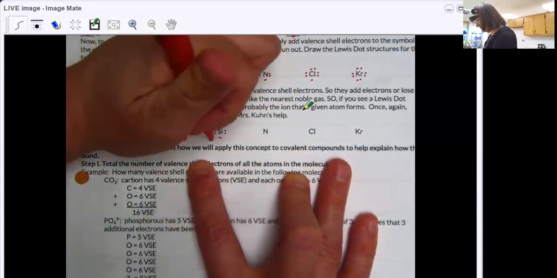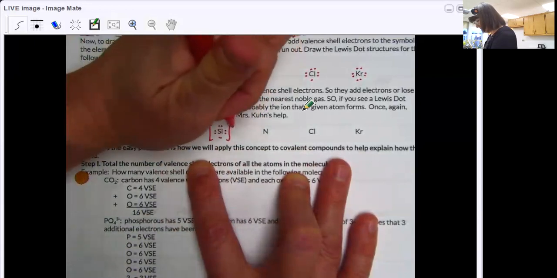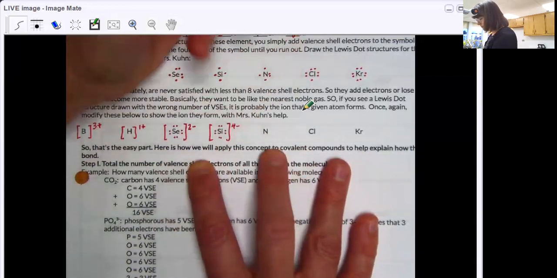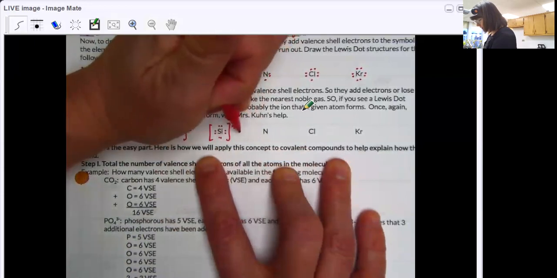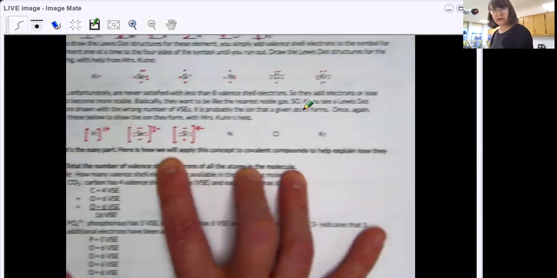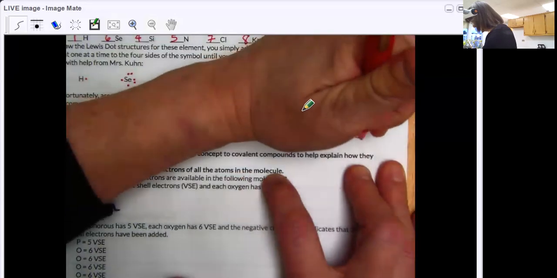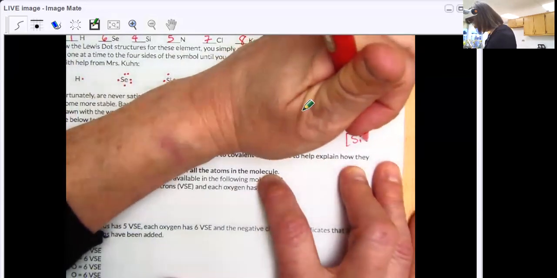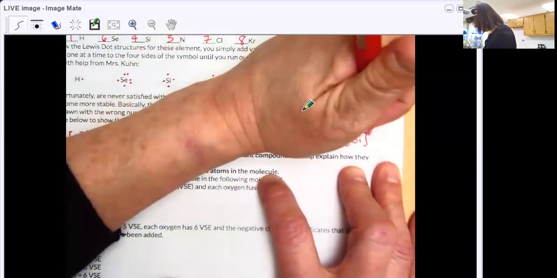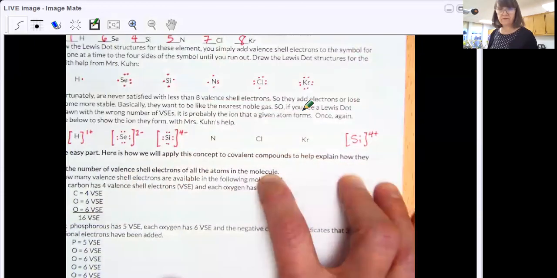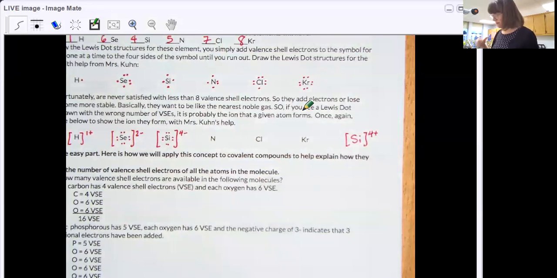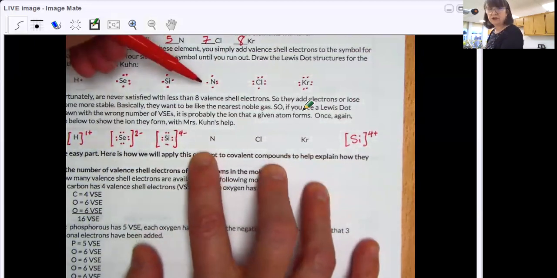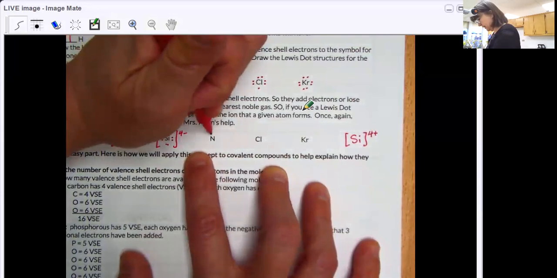It can either gain 4 electrons and have a charge of -4, or I'm going to draw it out over here to the other side, silicon can lose 4 electrons and be +4. Hopefully that makes sense to you. You can either gain 4 to get to 8 or lose 4, and then its next row in is like a noble gas. Nitrogen has 5, so it's going to gain